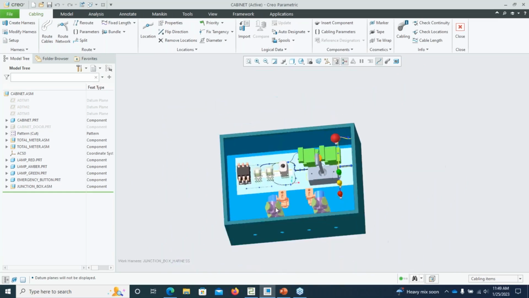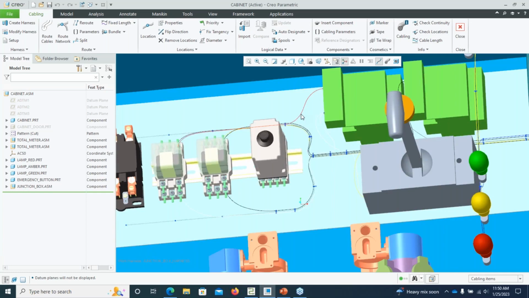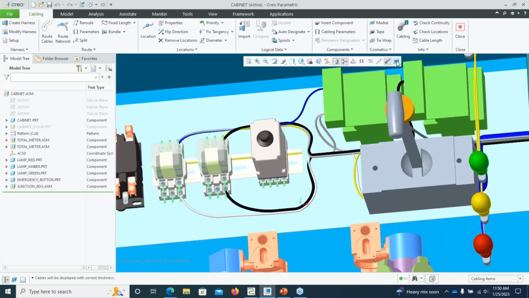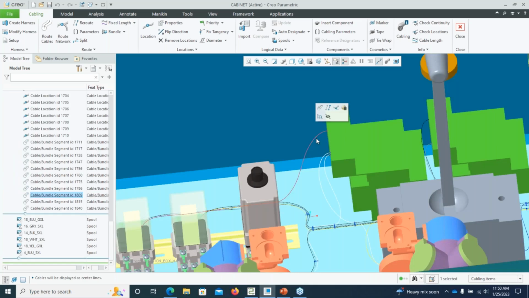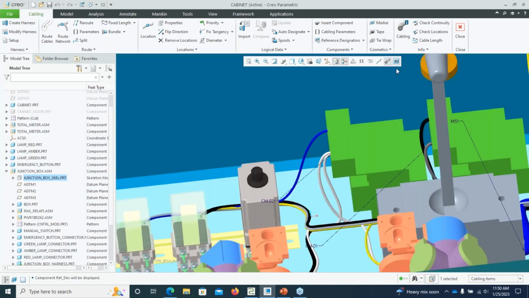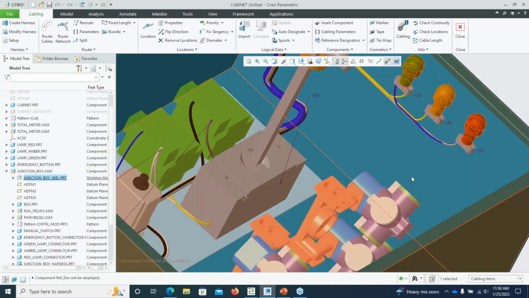Okay, so just jumping into this assembly that we have set up in cabling, we'll notice that we have a new Cabling tab, and all the new cabling features are going to be under this new Cabling tab. I'm going to be looking at how to auto-route cables from a schematic a little bit later, but these are actually already routed. I can enable thick cables, so I can see their actual size. I can switch between that and them being represented by just a single line. And I can also turn on labels. So each of these components,